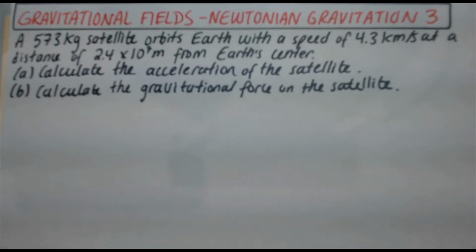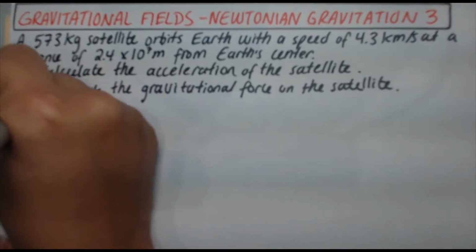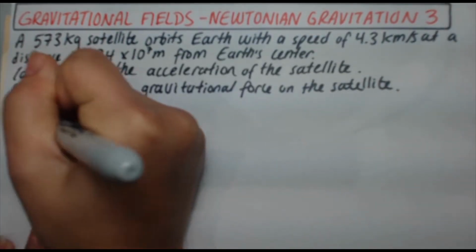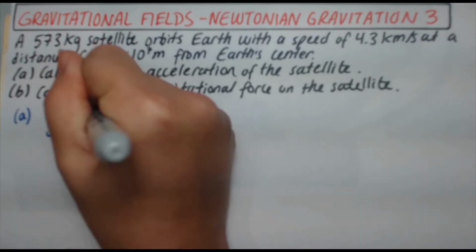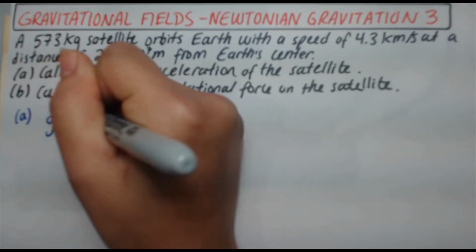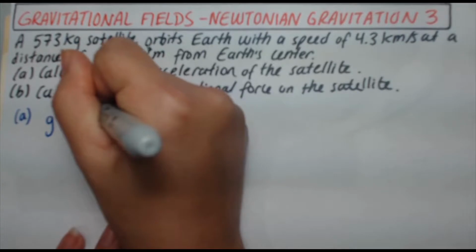So first things first, to find the acceleration, this is acceleration due to gravity. So the acceleration due to that massive host planet, which in this case is the Earth. Okay, so for part A, to find the acceleration, if you haven't seen where the expression for g comes from, please check out videos 143 and 144, specifically the beginning of video 144, where I show you where this expression comes from. But essentially, g is equal to acceleration due to gravity is equal to the gravitational constant times the